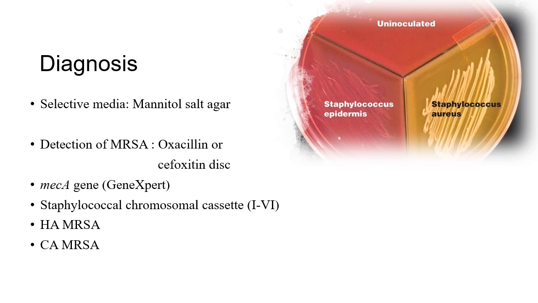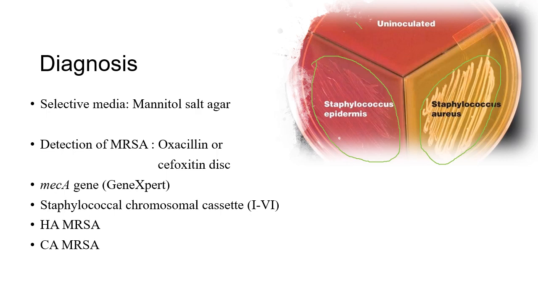So all Staphylococcus will grow on a medium containing salt. What else does it have? It has mannitol. Mannitol is a sugar. Some bacteria in this genus will ferment it, some bacteria will not. So what you can see from this picture is that mannitol has been fermented in this segment, and that tells you that Staphylococcus aureus ferments mannitol, it grows in the presence of salt. On the other hand, Staphylococcus epidermidis will grow in the presence of salt, all right, but it does not ferment